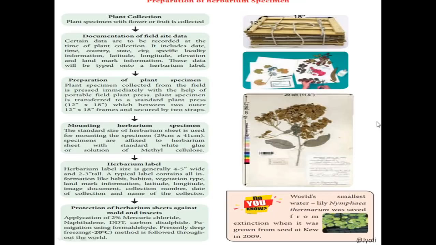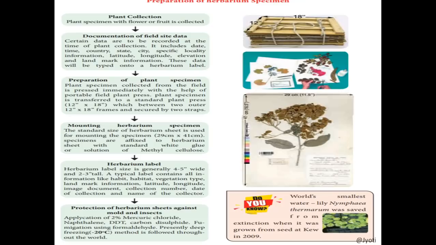Now here you can see this is a herbarium sheet. Okay, so here it is bigger size, so that's why you can cut the different parts of the plant and you can dry it and you can paste it on a herbarium sheet. So now the plant part is here, a twig is pasted here. Now here is the label of the herbarium. So this contains the exact habitat and landmark and also the vegetation type. So every data regarding this particular species is labeled here.